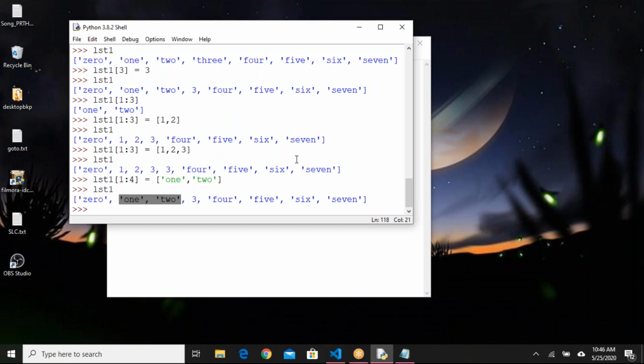So it takes the slice based on the values you are providing. It will adjust. If you are providing fewer elements, fewer elements will be replaced. If you are providing more elements, the possible elements will be replaced and the extra elements will be added at that specific index. Okay, that is how it is doing. Clear?